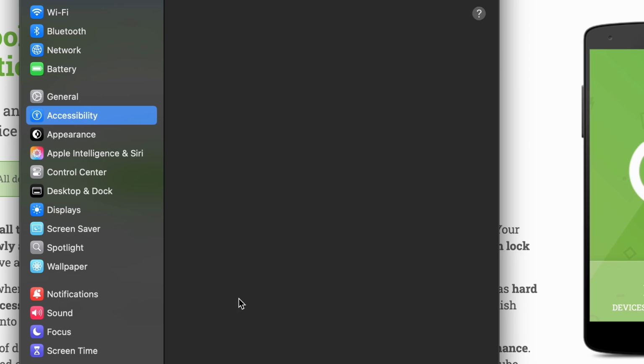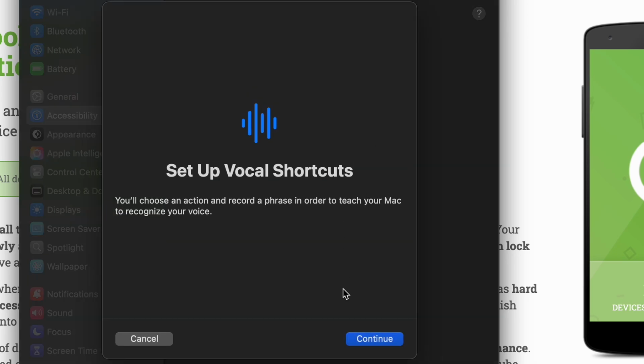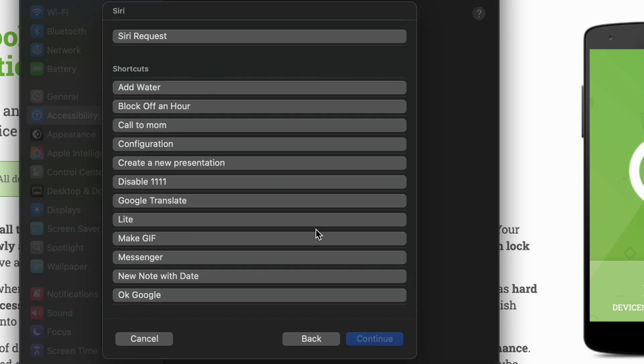Vocal Shortcuts. And this setting is not available on all Macs, so in order to use it you have to have a new Mac, new enough that it has this shortcut available. And if it has it available, you can just click on Setup, then click on Continue, and now you can